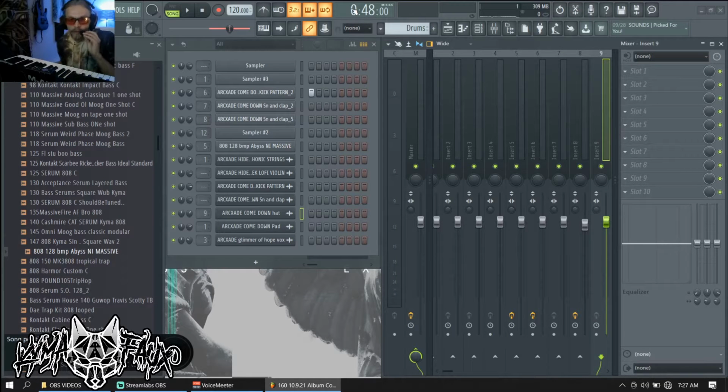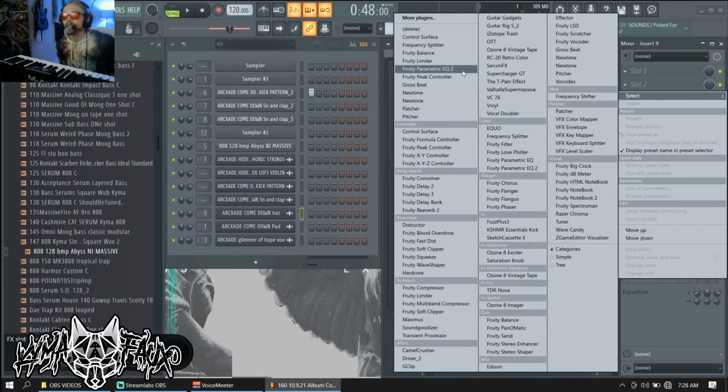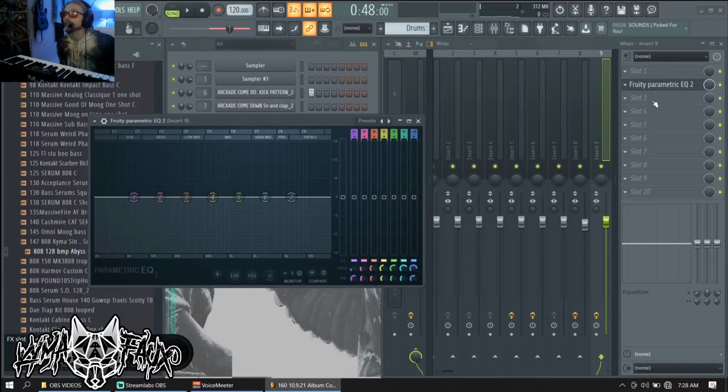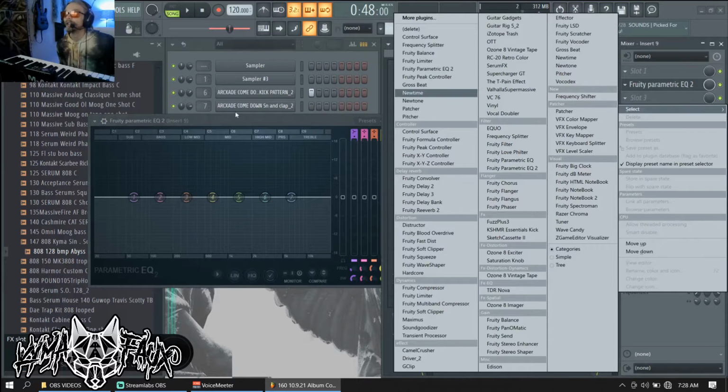So EQ is one of the most basic tools that we use in music production, and it just cleans up the mix. A mix is just mixing sounds, different sounds together and making them sound good. So EQ is good because you can take certain sounds out that you don't like and you can boost sounds that you do like. So to add an EQ, you just click this thing, pick EQ, click on EQ, and